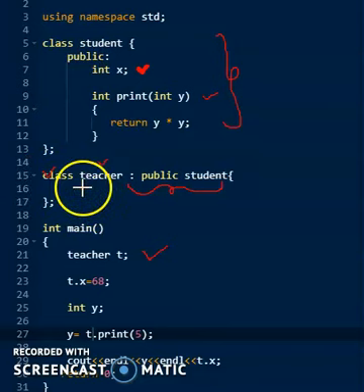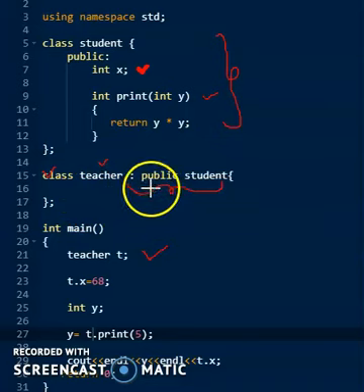Once it has found the class, it looks whether the variable x is available here or not. But the variable x is not available in this class. Immediately what happens is, your compiler sees that I have also inherited all the properties of the student class. So it checks, okay, as the teacher class has inherited all the properties of the student class, let me check in the student class. In the student class I have a variable called x. Okay, so it says to initialize x to 68.